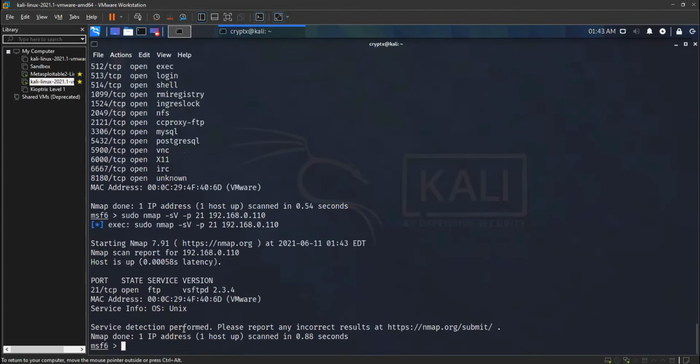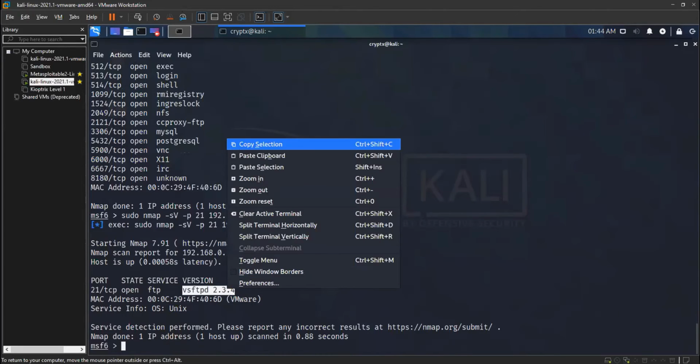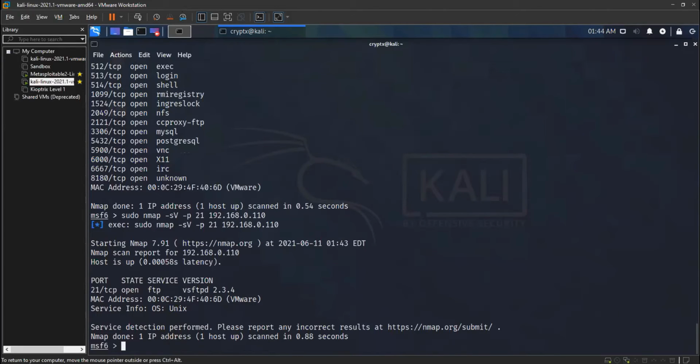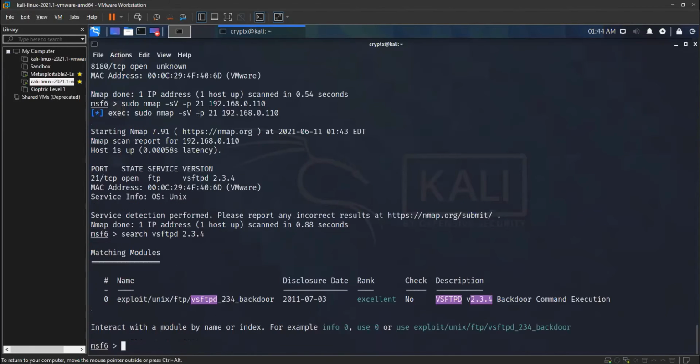Okay, it found that the version of FTP running is vsftpd 2.3.4. I copy this and then I'll try to search inside the Metasploit framework. So I'll use the search command. I put the vsftpd 2.3.4, the same thing which I found.